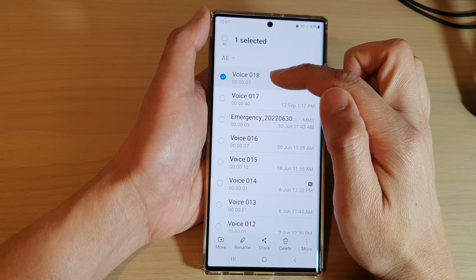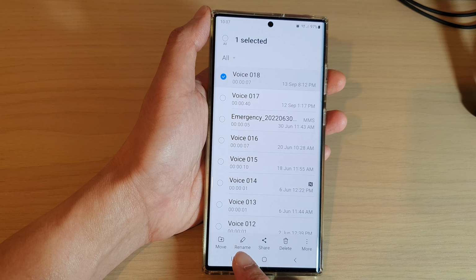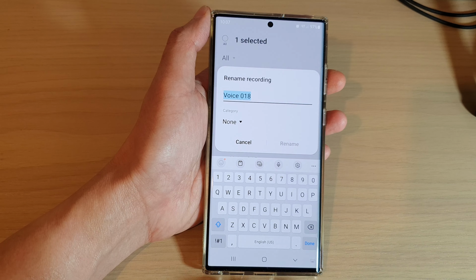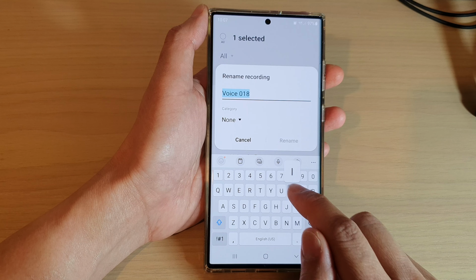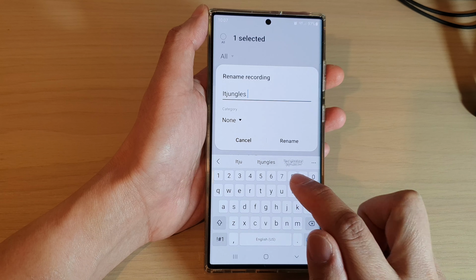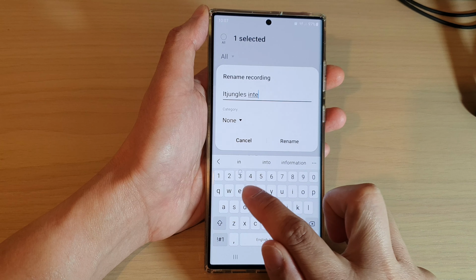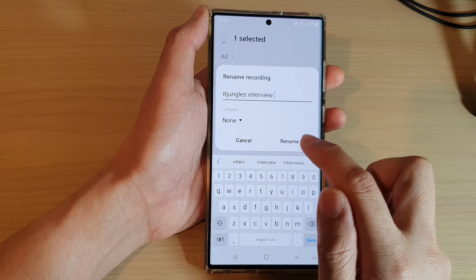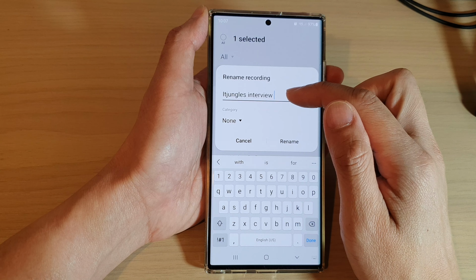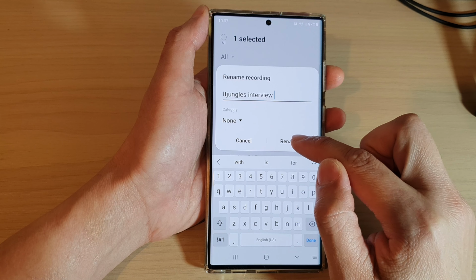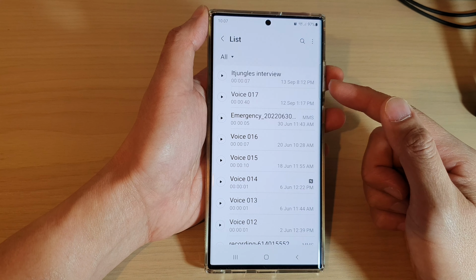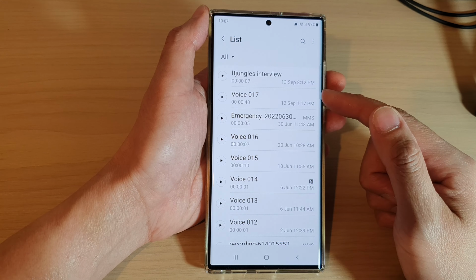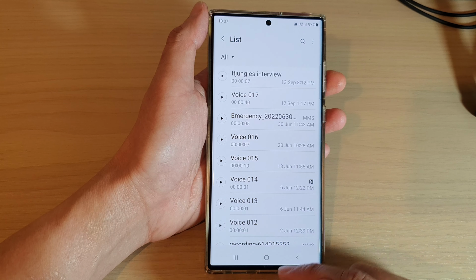Once it is selected, tap on the rename button at the bottom, and in here you can give it the right name. So give the voice recording a new name and then tap on the rename button. And that's it. So that is how you can rename or delete a voice recording file on the Samsung Galaxy